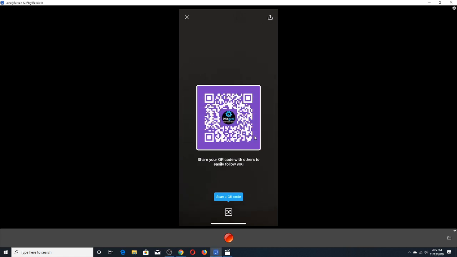I can share my QR code with others so that they can follow me. And as far as a business is concerned, if you wanted to connect with other people, you just go down to the lower portion of the screen here, click on scan a QR code, your camera pops up, and then you can